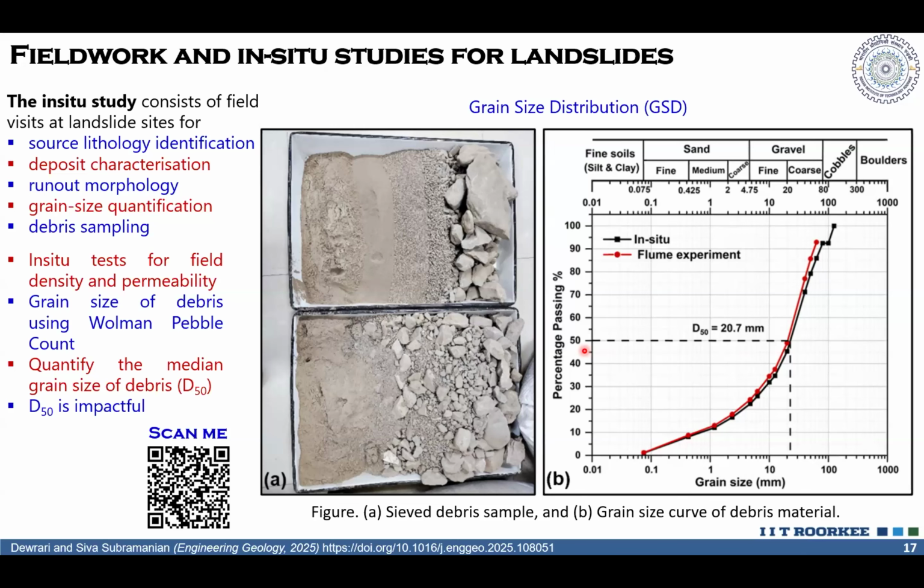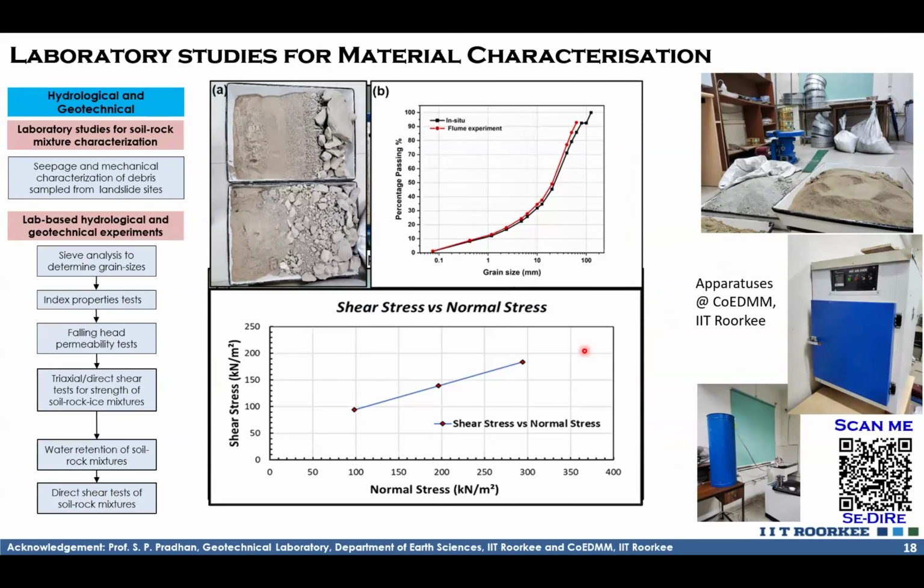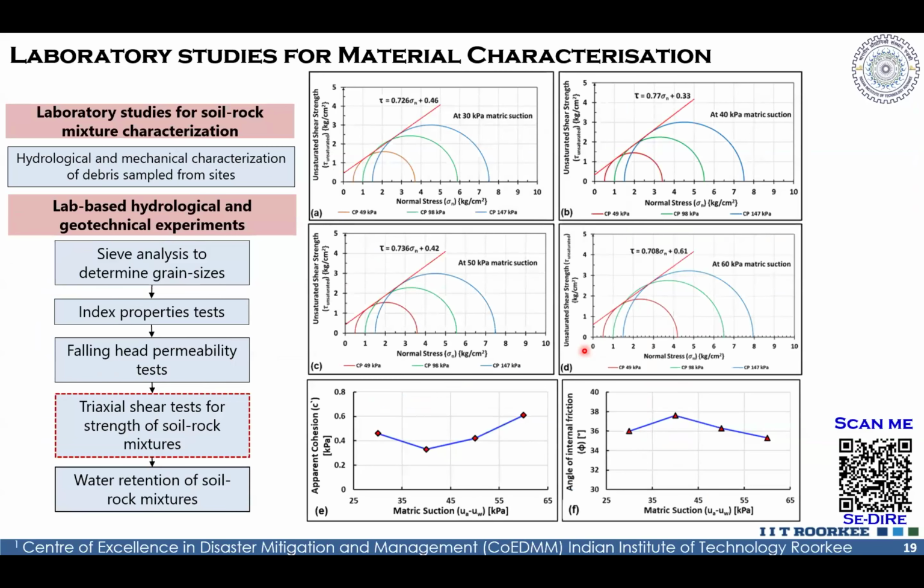After doing this in situ as well as laboratory characterization using different conventional geotechnical apparatus, we moved to testing using a reduced scale flume, after getting to know the triaxial strength for the finer materials only. As we can see here, there is an impact of apparent cohesion, not that much, we could say, for a sand or clay, but there is an impact on the angle of internal friction if we increase the matrix suction as well.